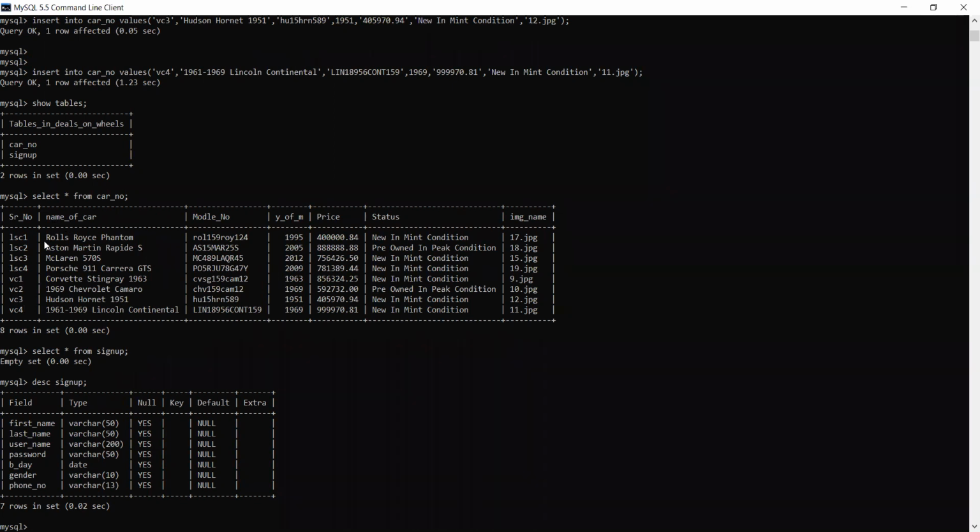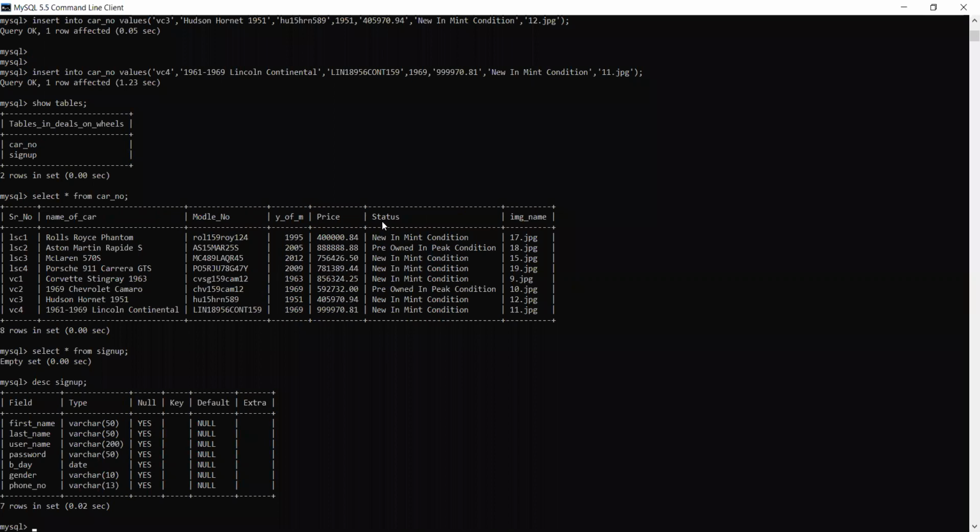Name of car, you can see that it is also unique. Model number is also unique, because if the car is unique, then must have a unique for this. Year of manufacturing can be same. You can see 1969, 1969 like this, no? Prices are marvelous. Then status, you can see again status are same.